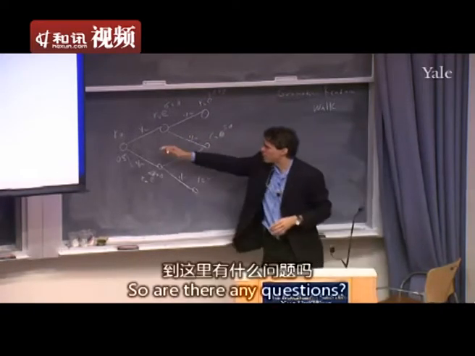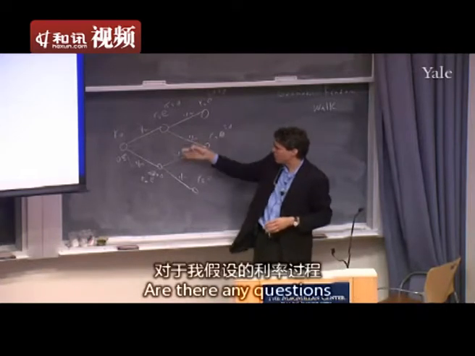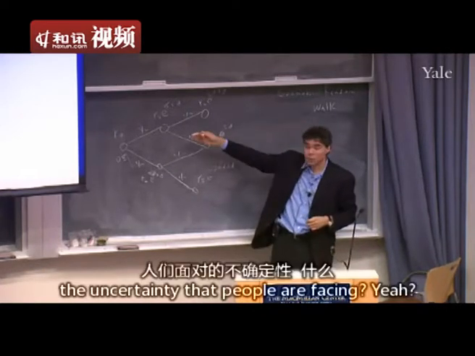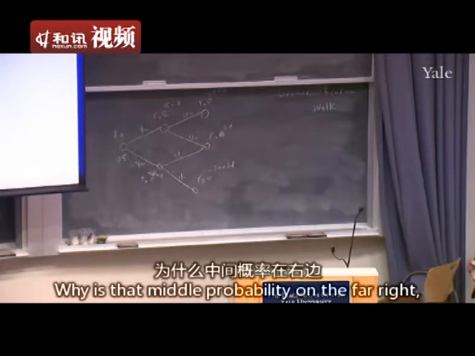Okay, so are there any questions? This notation, I hope, isn't too complicated. Are there any questions about the interest rate process, the uncertainty that people are facing? Yeah. Why is that middle probability on the far right,